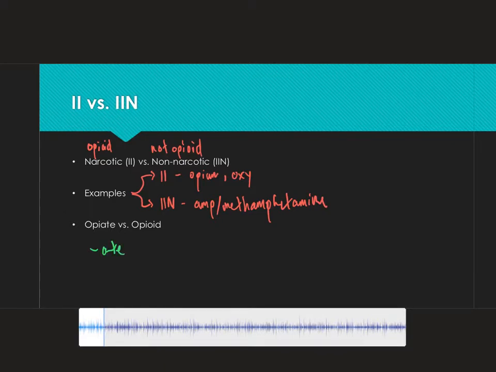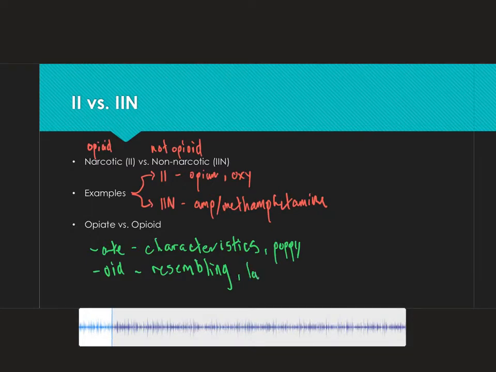Additionally, the terms opiate and opioid are commonly thrown around throughout this module, and it is important to understand the differences between these two drugs. To put it simply, the suffix "ate" means having the characteristics of. The suffix "oid" means resembling, like, or the similar form but not the same as. Opiates derive directly from an opium poppy, whereas opioids are not found in nature and are at least partly synthetic.